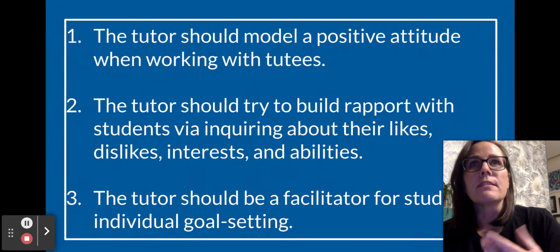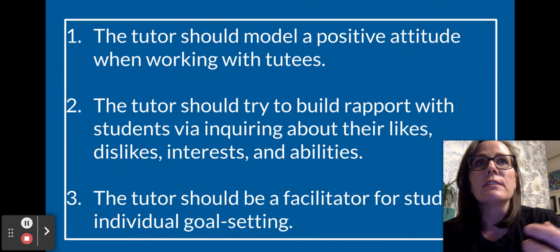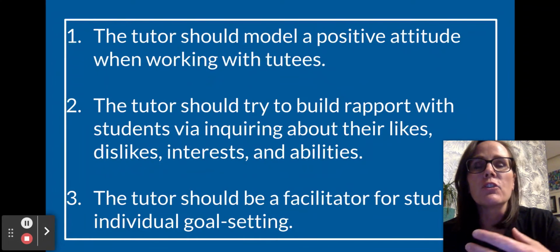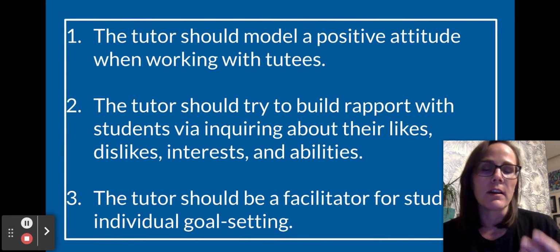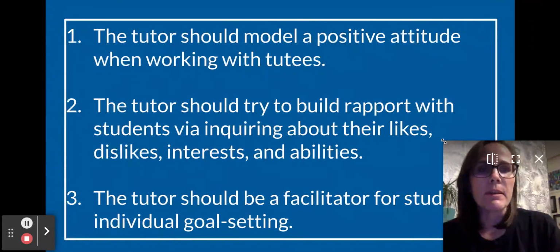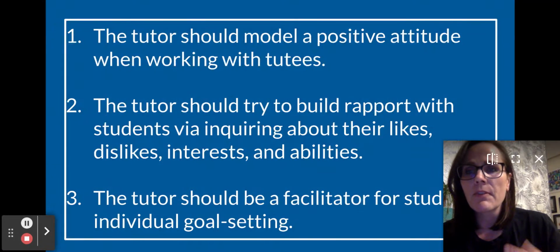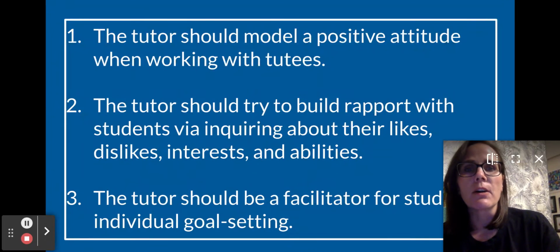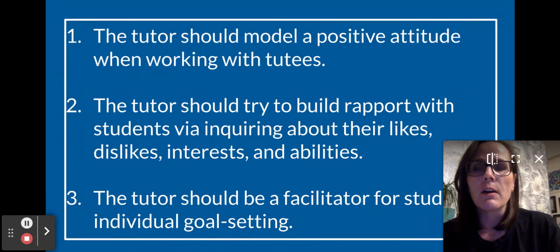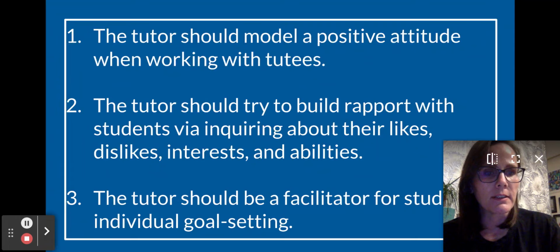the chances that the students taking on that energy that we are modeling is much higher if we are approaching the situation with a sense of maybe that we don't want to be in that role. Then the students are going to sense this immediately. So it is very, very important to model a positive attitude when working with students, and they are more likely